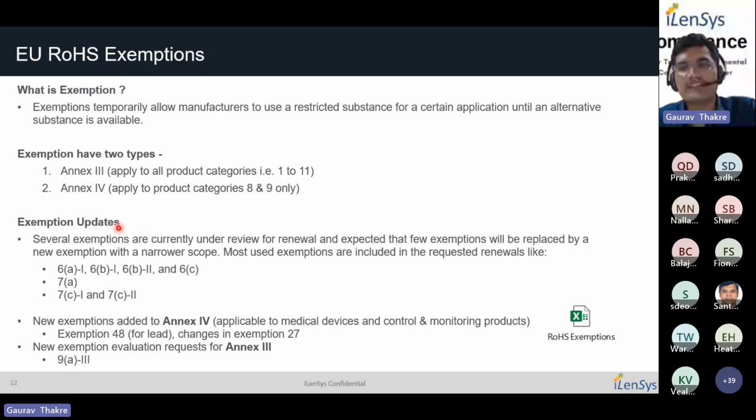And exemption updates, what are the exemption updates which we are expecting? Several exemptions, which you see 6A, 6B, 6C, 7A, 7C1. These are under review for the renewal, and we will soon get updates on the renewal for the exemption. Mostly the exemptions belong to lead being used in different applications. New exemptions are being added to Annexure 4, like exemption 48B, and a new exemption request is also in discussion for Annexure 3,